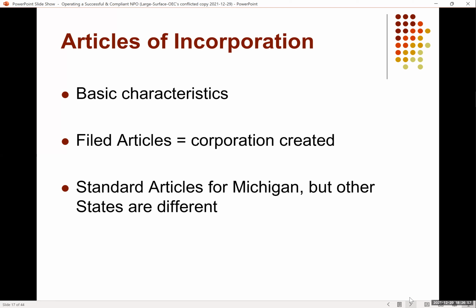So it's important to look at what the state is asking for and provide that information. And I think in Michigan, when I set up nonprofits, they always ask for at least three people. In Michigan, you have to have a minimum of three people on your board. Even if your state needs less, like Arizona only asks for one person, the IRS is going to require you to have at least three people. So I always say get three people.